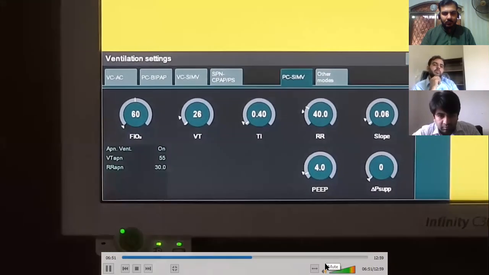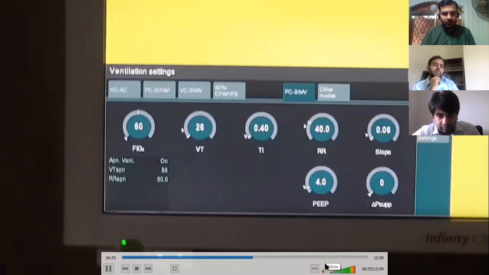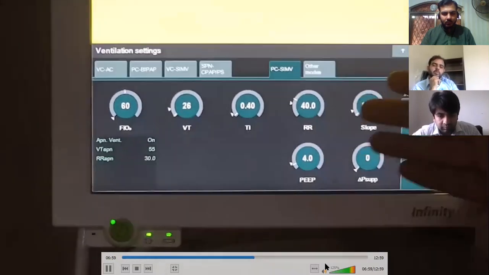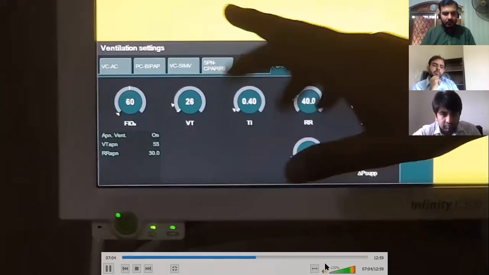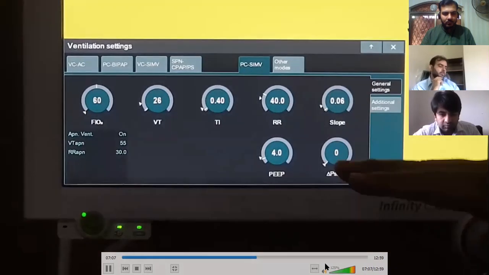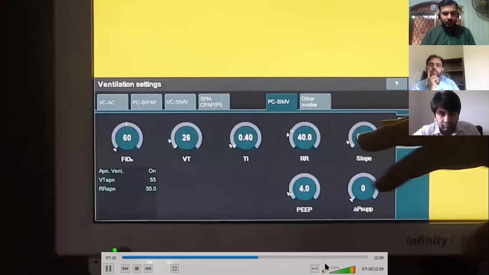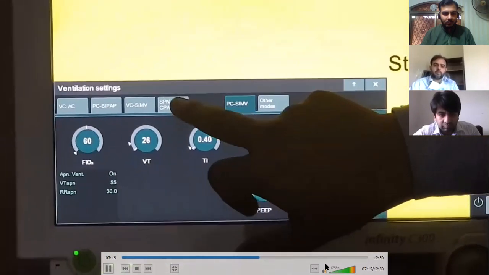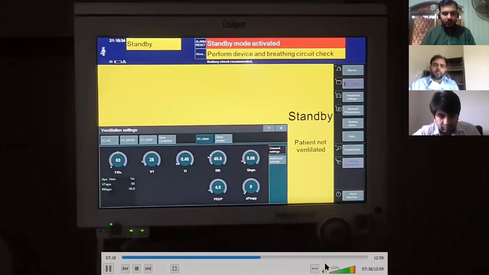In pediatrics, we commonly use two modes. One is pressure control, synchronized intermittent mandatory ventilation, that is usually given in neonates and infants, and volume control, synchronized intermittent mandatory ventilation, that is given in children that are greater than 1 year. The other modes can also be used, like the CPAP mode, which is sometimes used as a weaning mode.